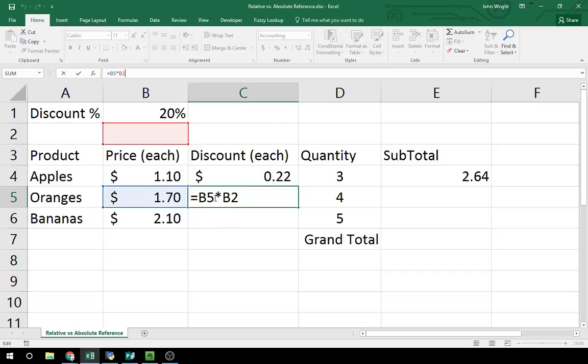Because both of these cells in the formula are relative references, they have no dollar signs, this formula thinks of these cells as the cell 3 rows above me and 1 to my left. It doesn't think of it as use B1 all the time. So when we copy and paste, it still thinks of it as 3 rows up and 1 to the left, which is not the right cell. So let's delete that